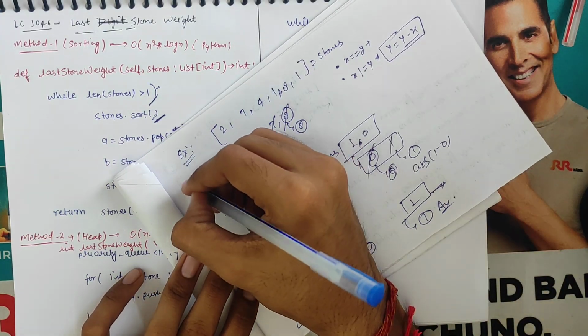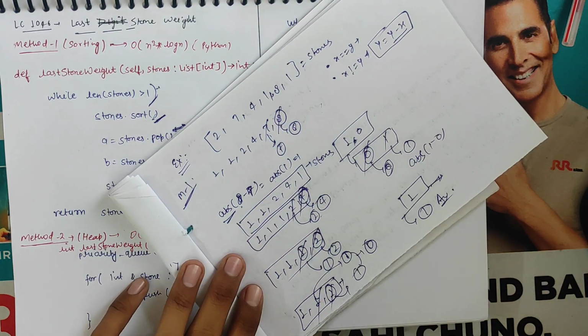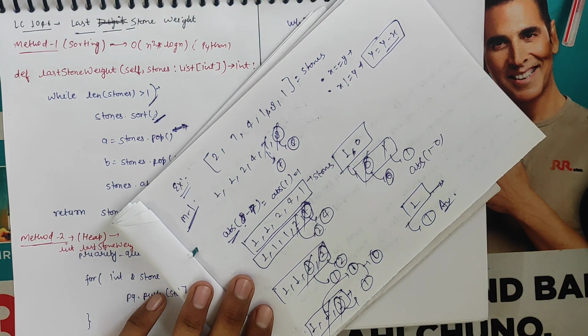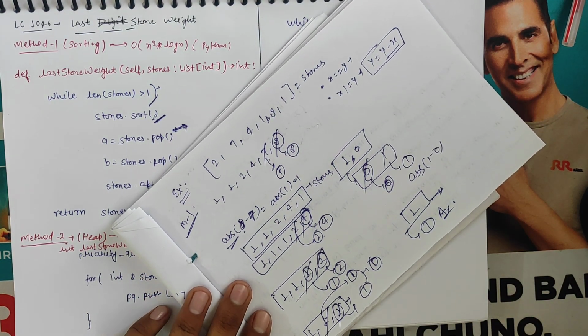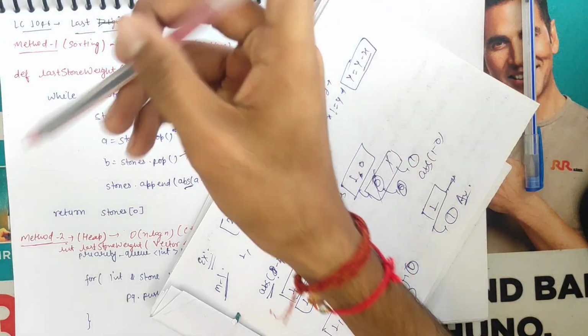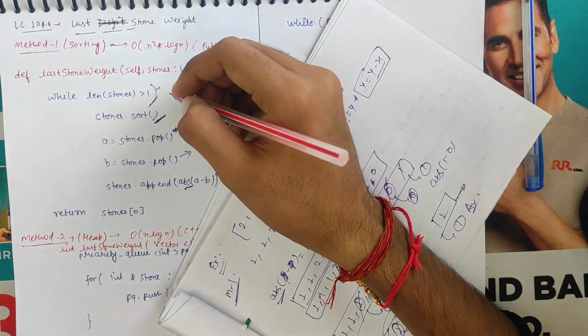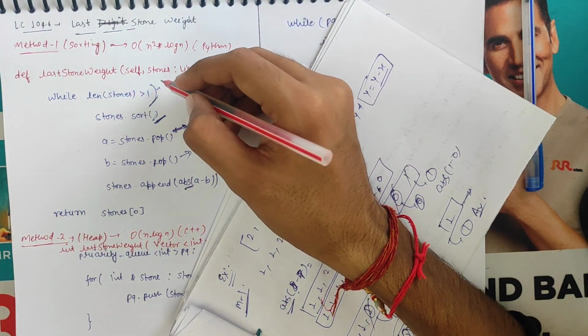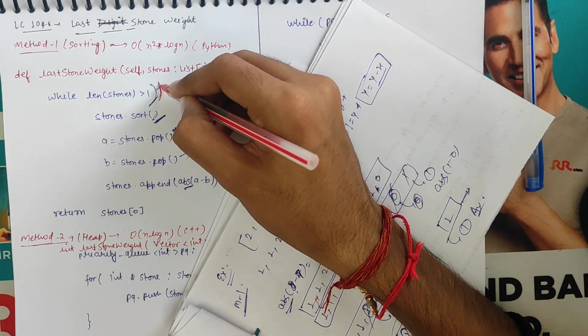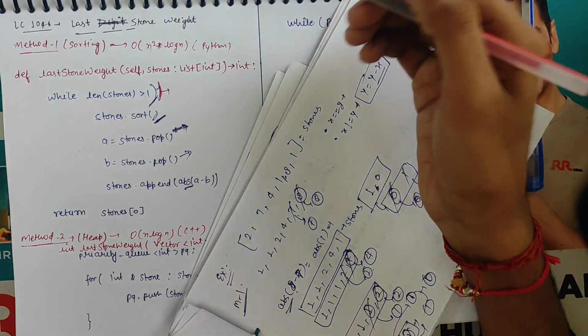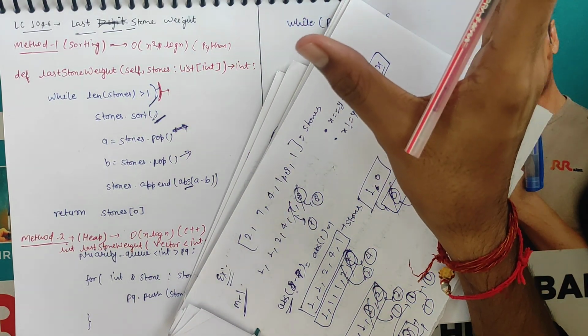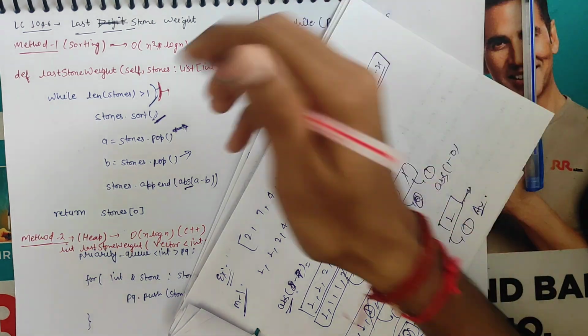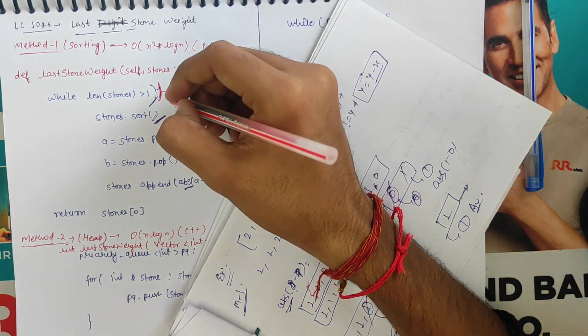Why is it the first method? Because it has a much larger time complexity. Why? Because first we are running this while loop. It is running n times, since the size of the stones is n, the whole size. So n is there, and